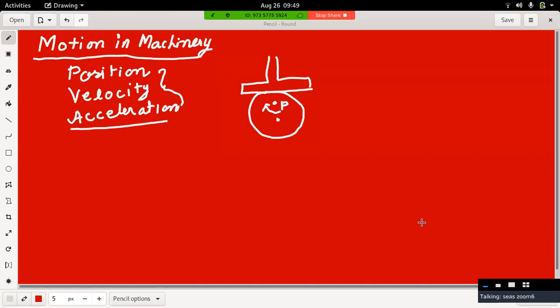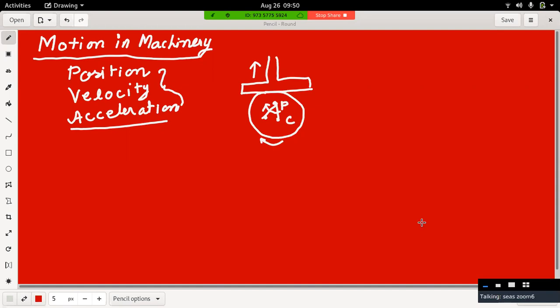So this cam actually rotates about this point, and as this cam rotates, the follower moves upside. Okay. Let's say this cam has moved through an angle theta. Okay. So when I say theta, let's say this is the center C, and this cam has moved through an angle theta such that now the C is here.